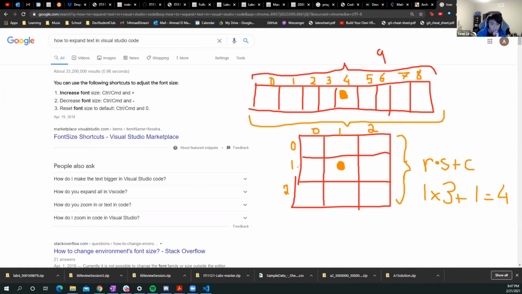So basically what happens is it's like you took each section and then stacked them on top of each other. And that's how you get your two-dimensional array. And that's why we have row times size plus column, because we're skipping rows to get to the position we need. So for example,